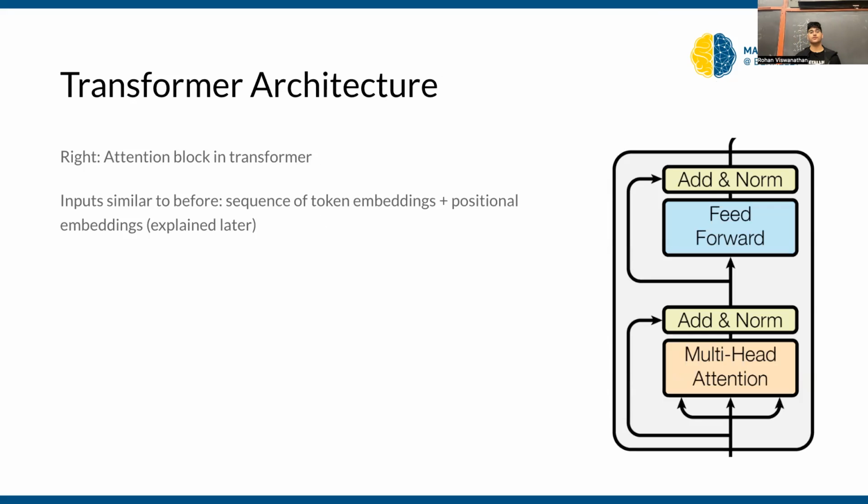So going into the transformer architecture, we have similar inputs as before. We have a sequence of token embeddings and positional embeddings, which we're going to talk about. But to give a quick preface, if we have a sentence like "I like pie," I want to embed these because our program ultimately cannot take in words. It needs to take in embeddings or numbers or vectors. So if I embed this as, let's call it E1, the embedding vector,